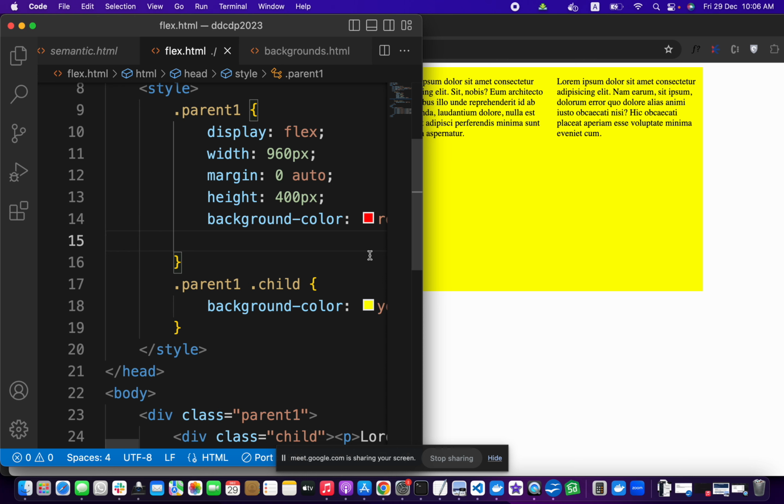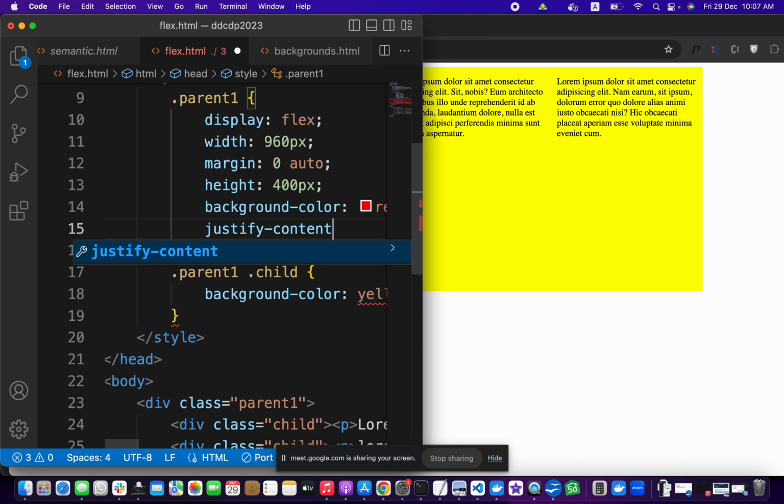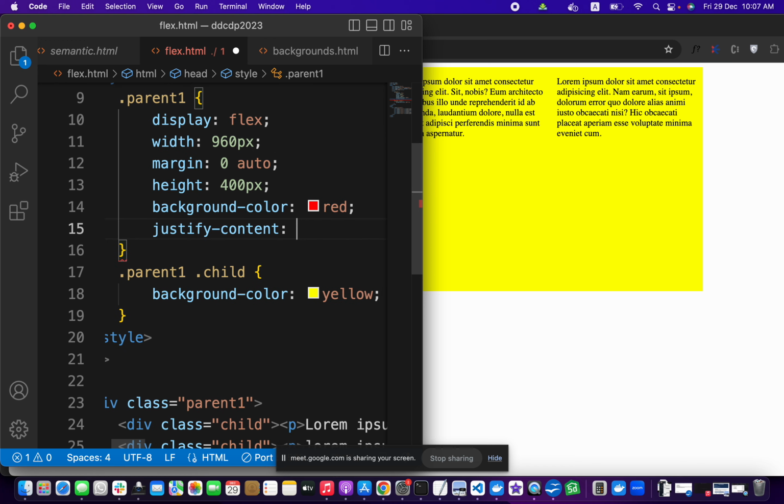Okay, I'll tell you. For example, justify-content is one of the properties which you give to the parent. Justify-content has many values. So this one is stretch, by default it is stretch. So if we make it flex-start,